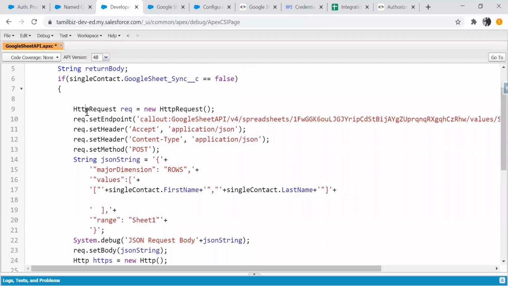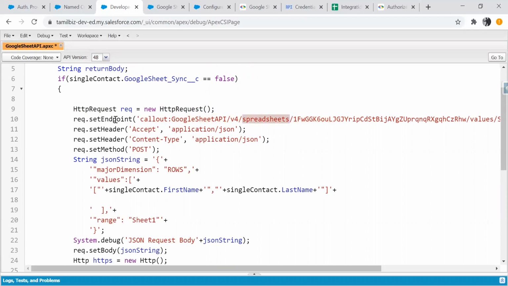Inside, as usual, we are using the HTTP request class for making the API call. And for the endpoint, we are utilizing the callout named credential. For accessing the named credential, we need to follow this format: callout colon named credential name, and if there is any optional path, we need to mention it here.